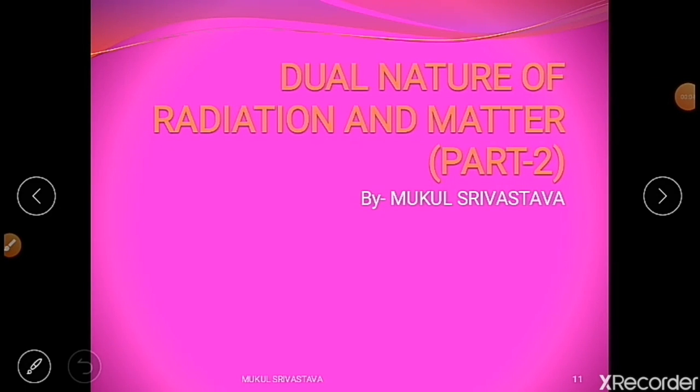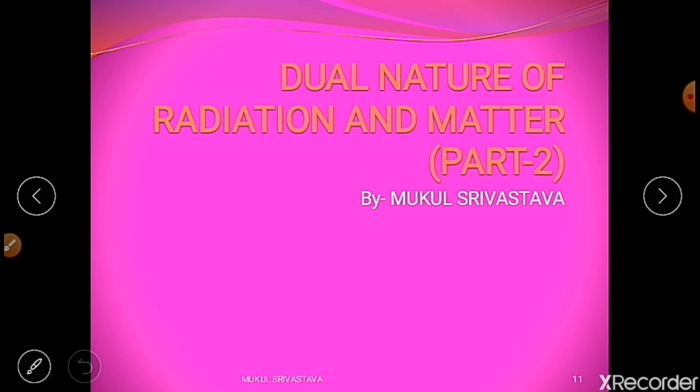Hello everyone. Today we are going to do an experimental study of the photoelectric effect. As you all know, Leonard and R.M. Wilkins performed an extensive study on the photoelectric effect. For that they performed an experiment in which they used an evacuated glass tube having a photosensitive plate C